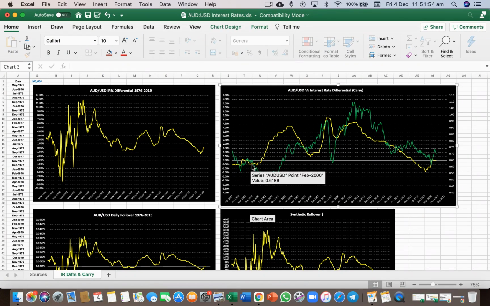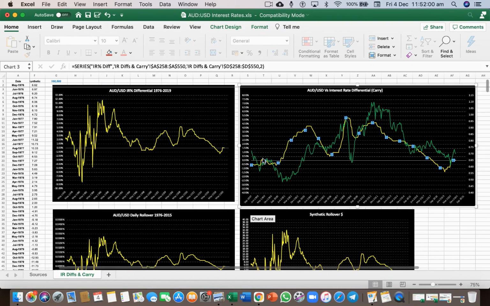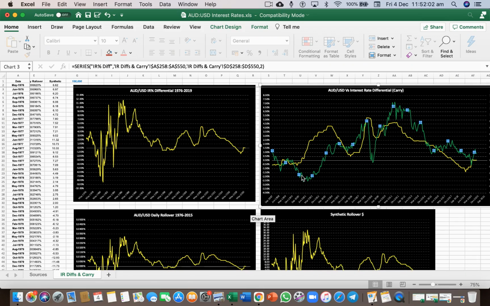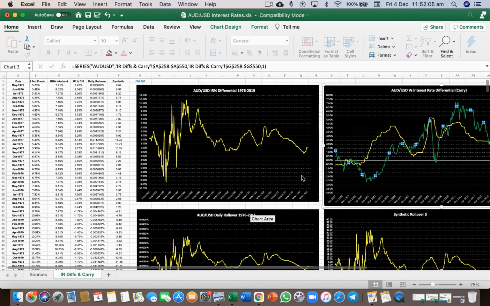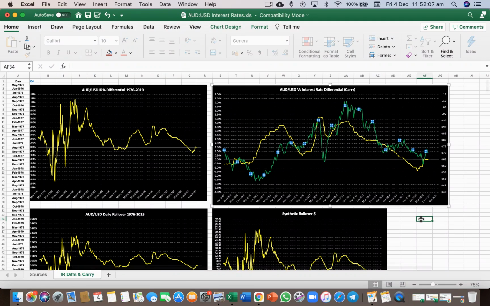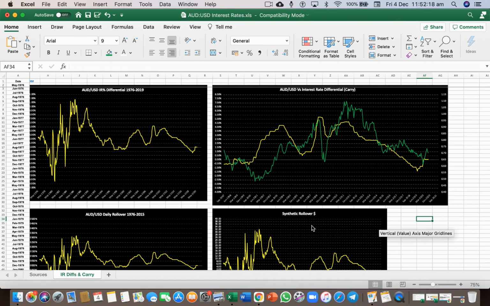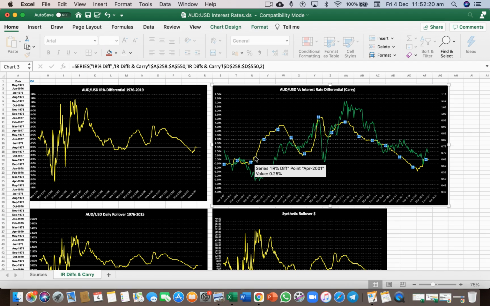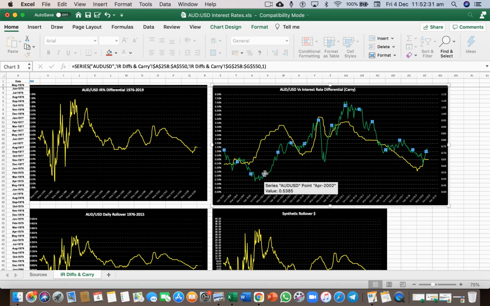So what we can see here is we have the interest rate differential between Australia and the United States highlighted in yellow. And then we have the Aussie dollar, US dollar exchange rate highlighted in green. Now, what we're looking at is the Australian interest rate minus the US interest rate, because remember, the Aussie dollar is the base currency and the US dollar is a quote currency. So when we see the interest rate differential widening in favor of the Australian dollar, basically meaning that the Australian central bank's interest rate is higher than the US central bank's interest rate, we get a bullish Aussie dollar against